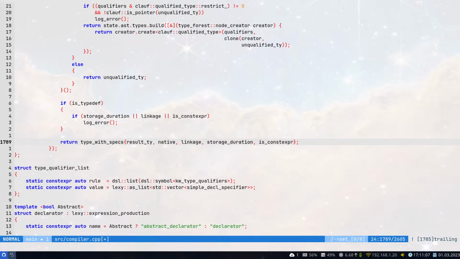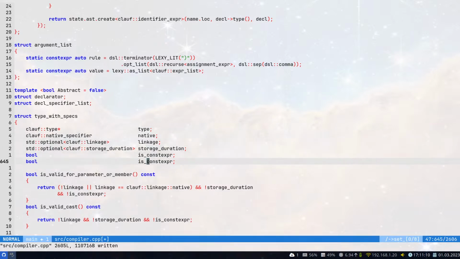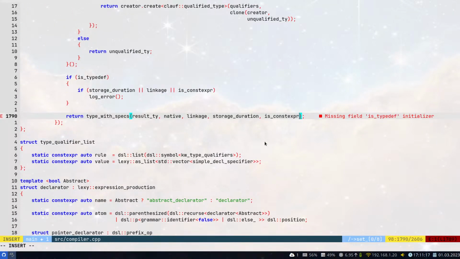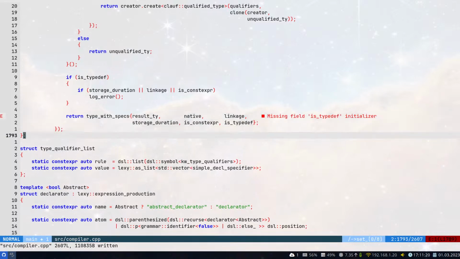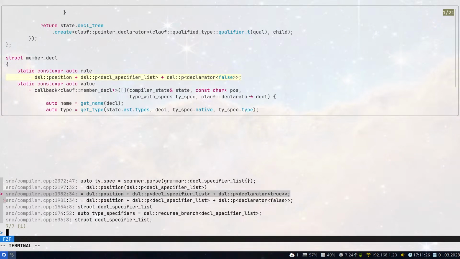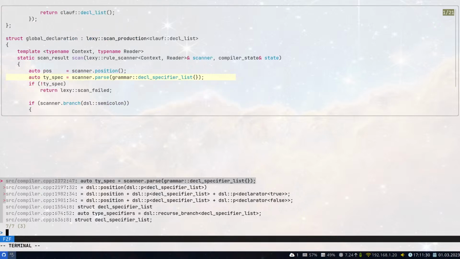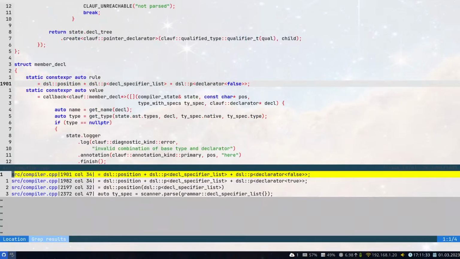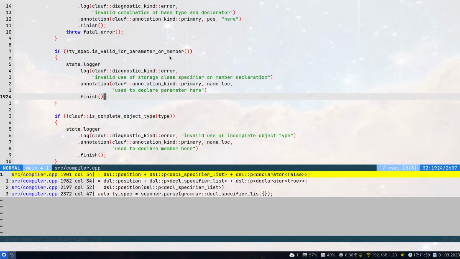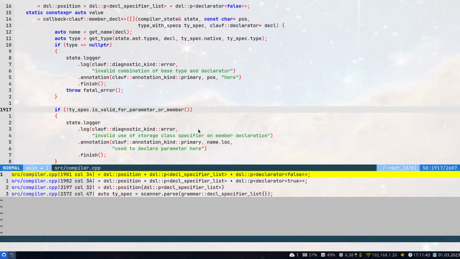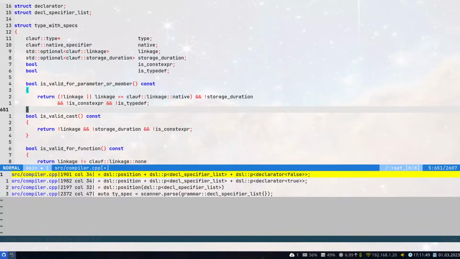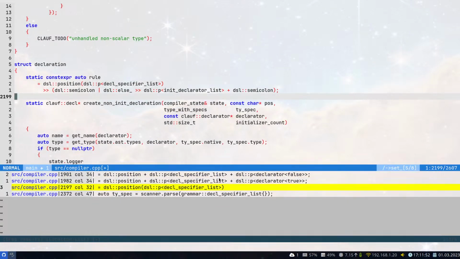So we then need to adjust u so we can propagate whether or not we're having a typedef. It's const expand is typedef. Okay, so where is decal specifier list used? For a member decal, for a parameter decal, for a declaration, and for a global declaration. In the case of member decal and parameters, we don't allow typedefs in that position, so it can't be typedef. For a declaration and for a global declaration,